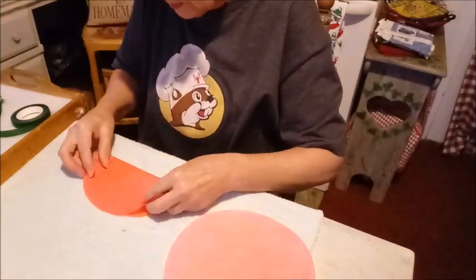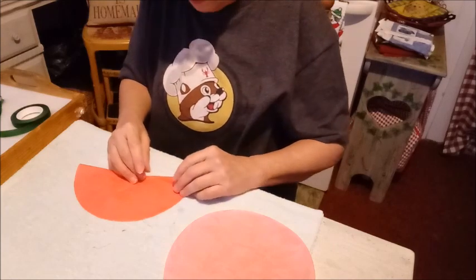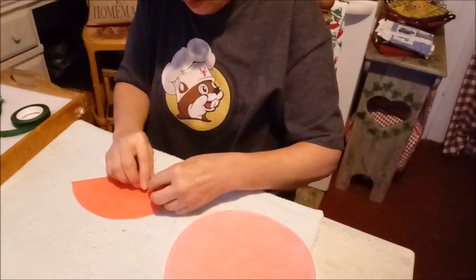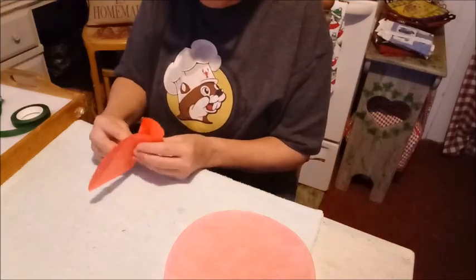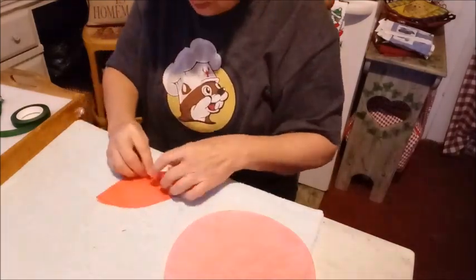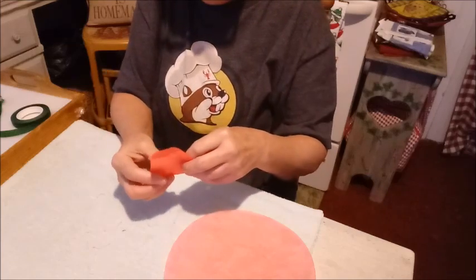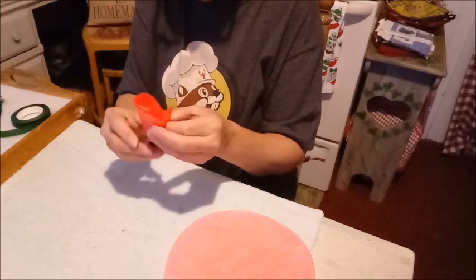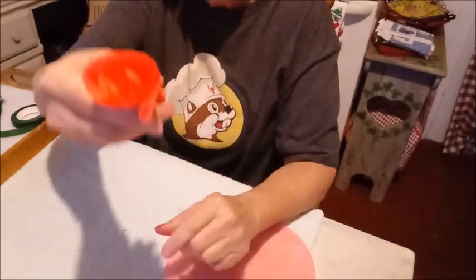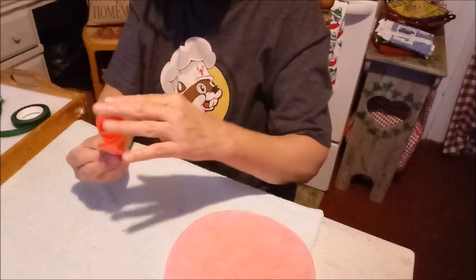We're going to take it and fold it over. Just fold it. We're going to start right about here in the middle. Put your finger on that and just start rolling it up. Just rolling it around. And you will notice as you go, you're starting to get a bud. Keep rolling. And you have a bud. Okay, hold on to that. Pinch it right down at the bottom